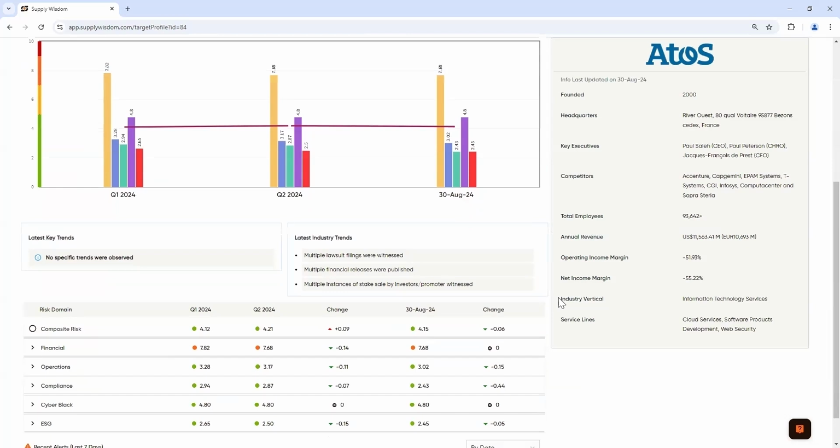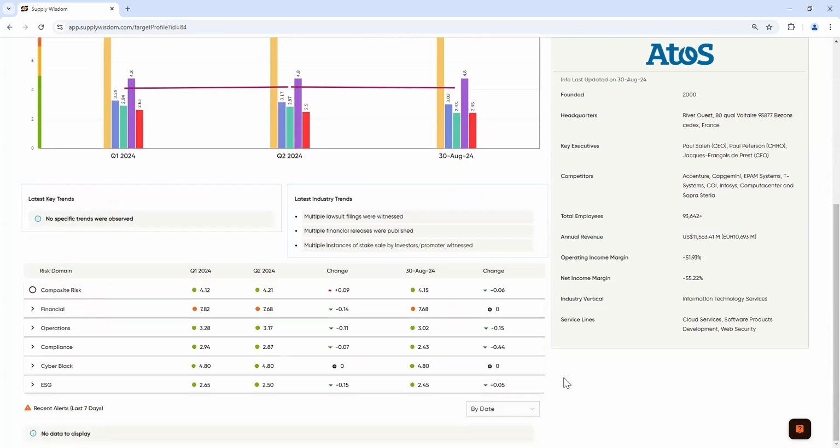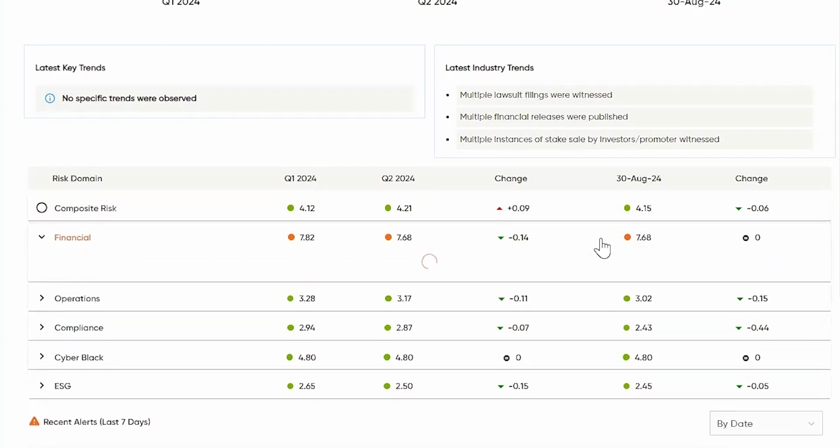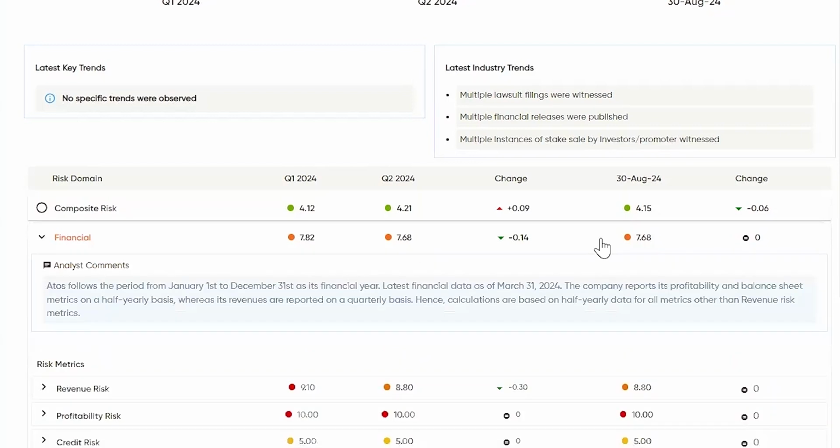Scrolling down to the bottom of the profile, this is the place to go for the greatest level of detail on the individual metrics. So here I'm seeing scoring in each of my risk domains, changing quarter over quarter up to the current state. I see that high level composite risk. And then here I see a score for each of my individual domains. Any domain that's of interest to me, if I click on it, it reveals to me the individual subdomains which sit within that